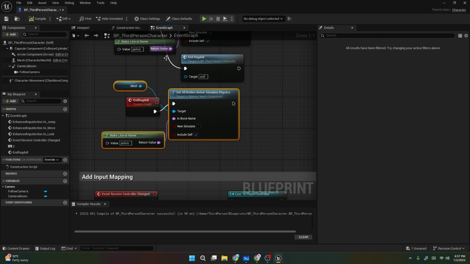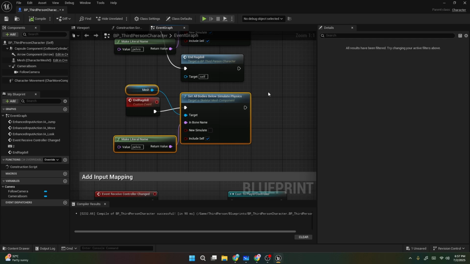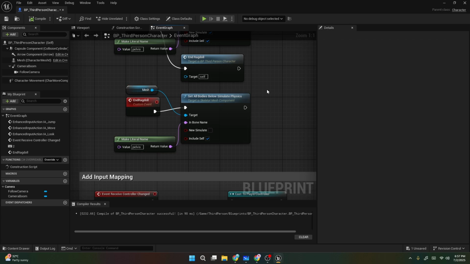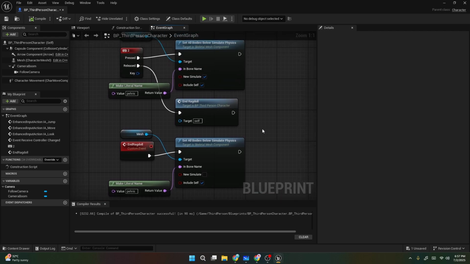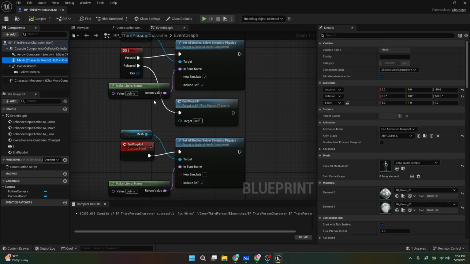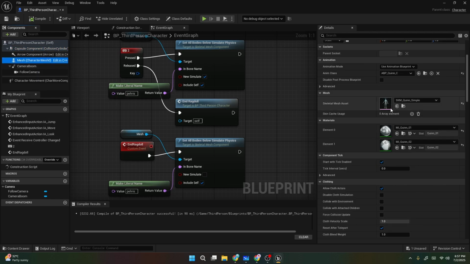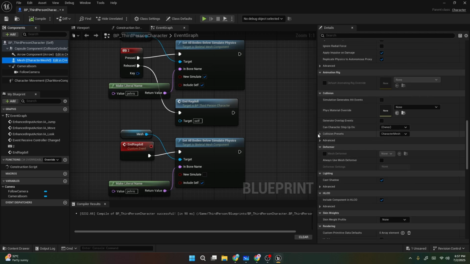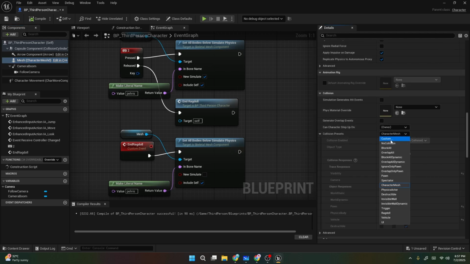It's just that simple. Okay, so the traditional way of doing the ragdolling is really this simple. You just add these two nodes to the events and it should work. But there are a few things that we need to change inside the character before we can start simulating. Because as you can see, the capsule component can collide with the mesh, and the mesh is not actually colliding with anything, because if you go in the collision preset, you can see that,